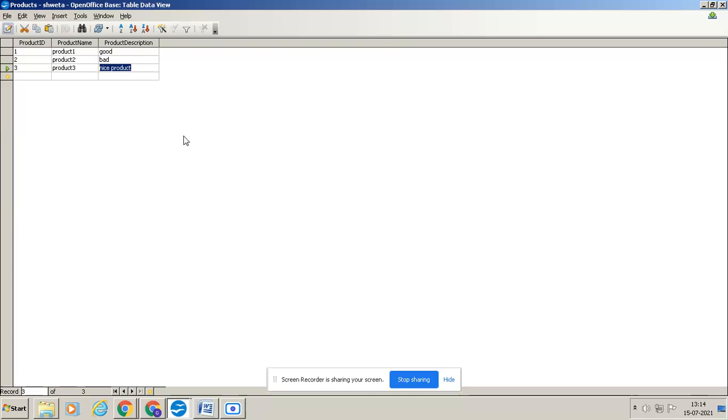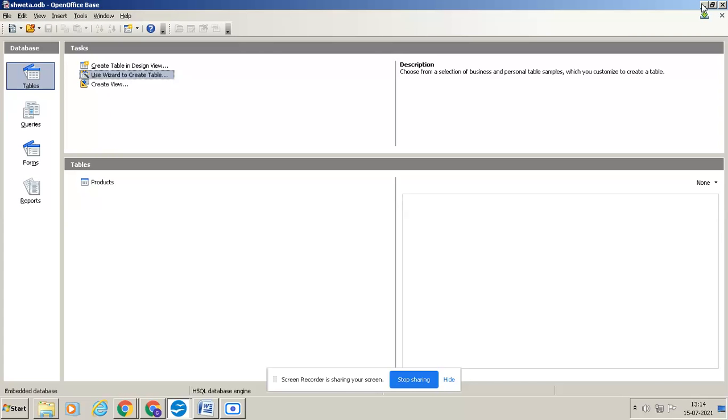After saving this, now I want to select this whole product table. In the exam they'll ask you to write a query to fetch the records from the product table. They will give the table and the table name, and they'll give the data.